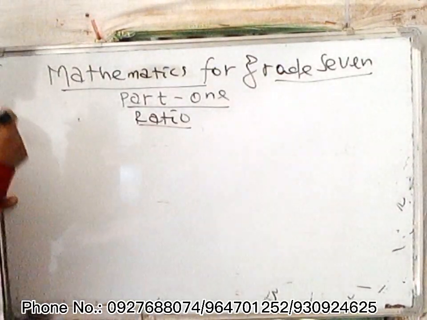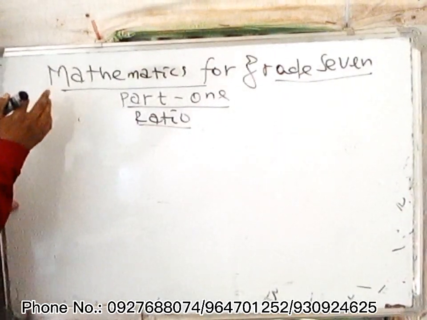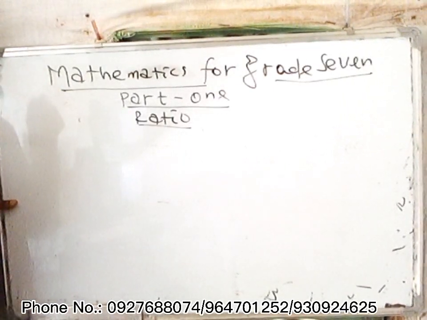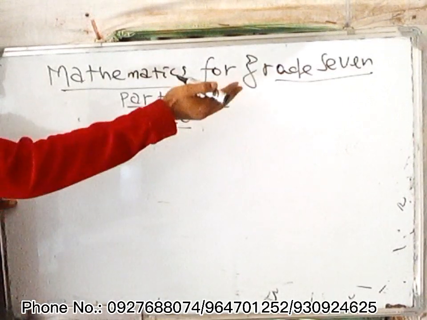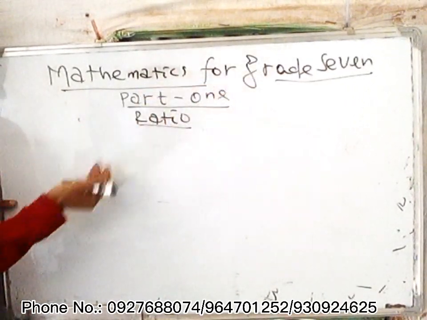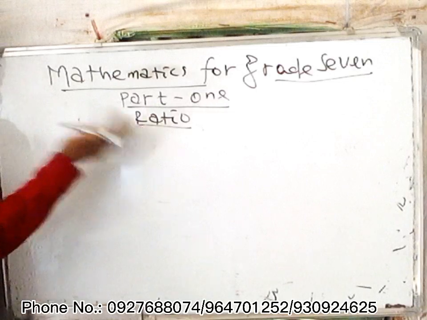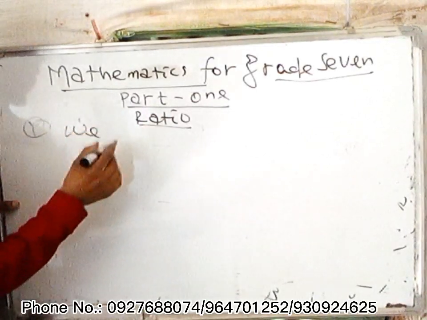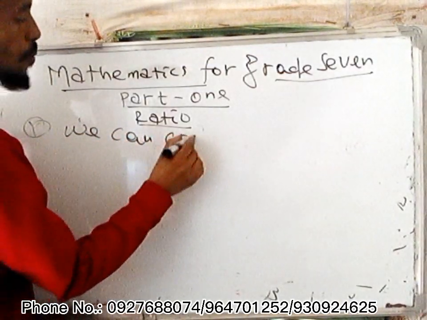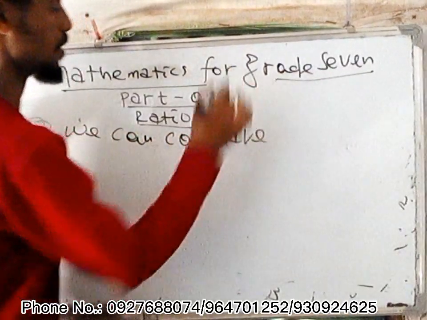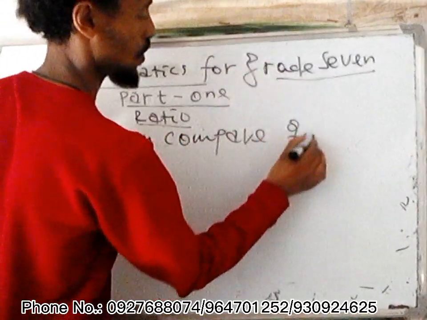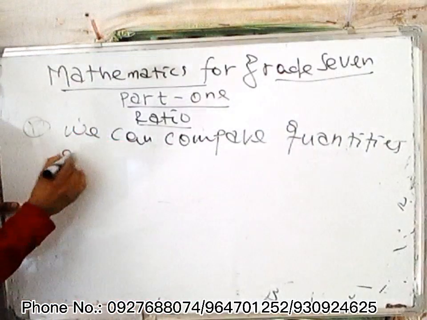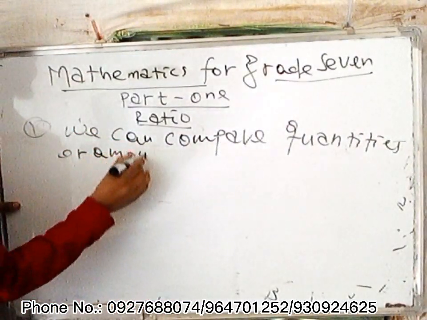Today I'm going to give something about ratio, proportion, percentage and interest, especially for grade 7 students. So let me start from part 1, which is ratio. So we can compare quantities or amounts